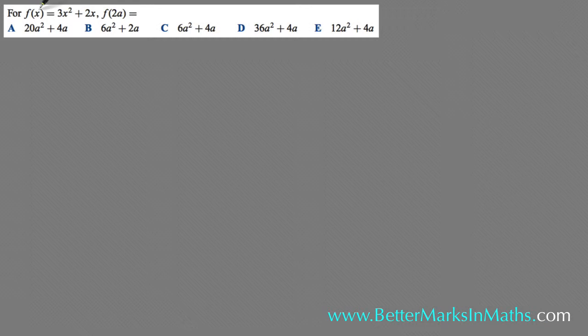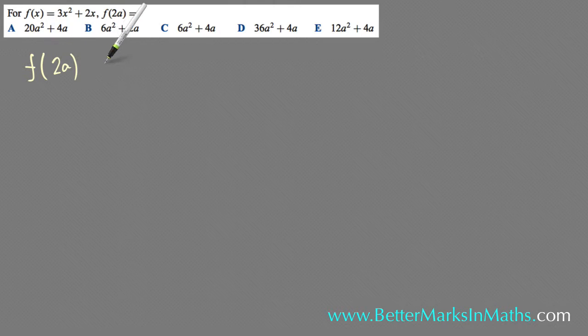In this question, for f of x equal to 3x squared plus 2x, f of 2a is equal to one of these answers. So when you have f of something that's not an x, or the variable that's in the function, then all you really have to do, and in this case, the x value, if you like, is 2a, is